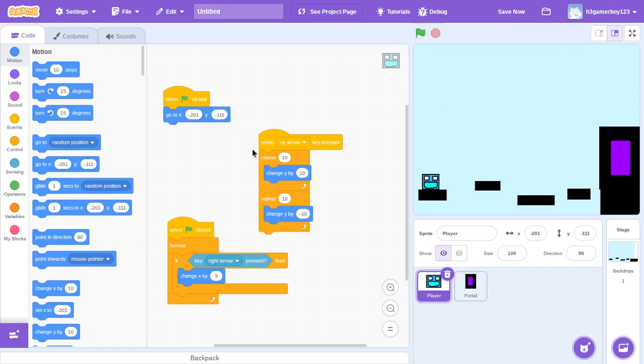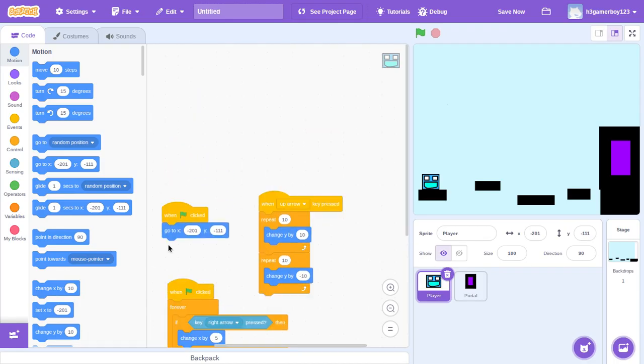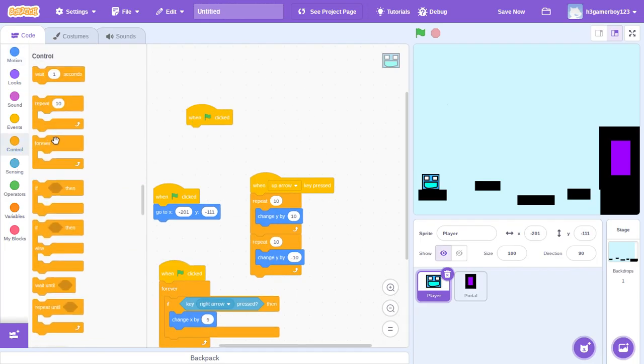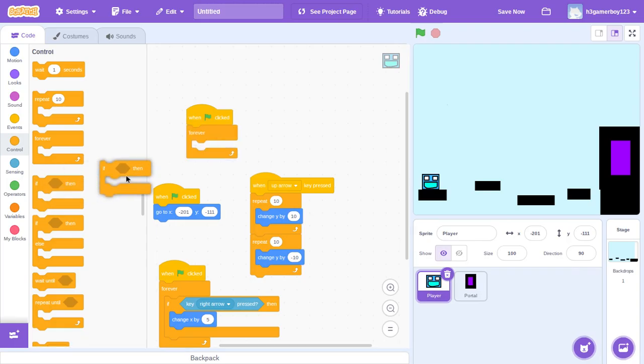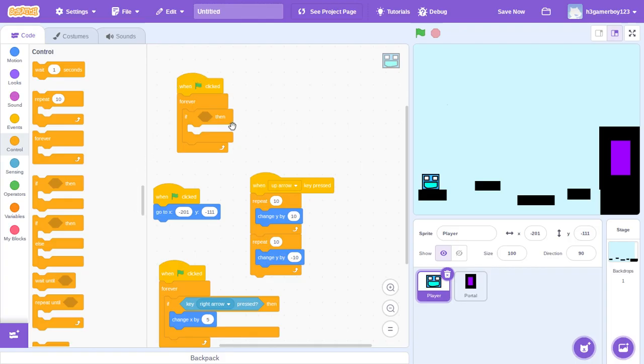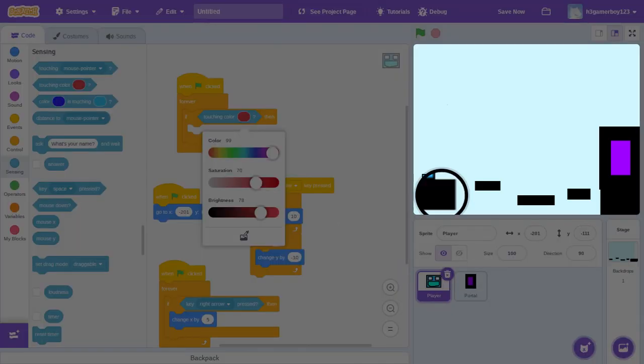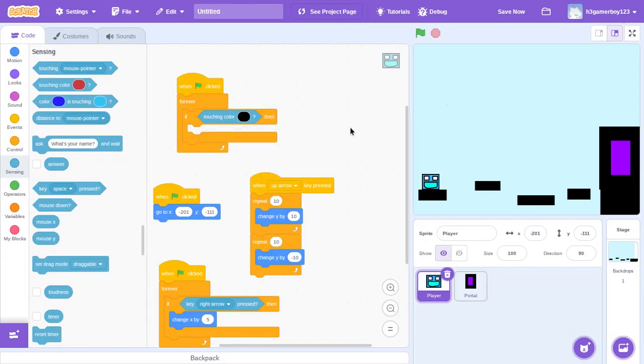So, player, when green flag clicked, forever if, sensing touching color, go to this and then scan this color. If touching color this,